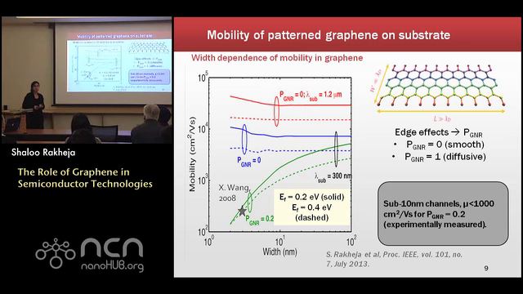An important parameter that we have to consider for interconnect applications is the sheet resistance, or the per unit length resistance, because that determines the delay of the interconnect, or the latency, which is an important factor for us. So a degradation in mobility would definitely lead to a degradation in the sheet resistance, or the per unit length resistance that we're talking about, and that I will talk about in the next slide.